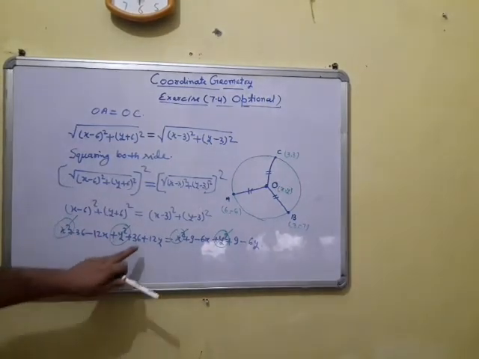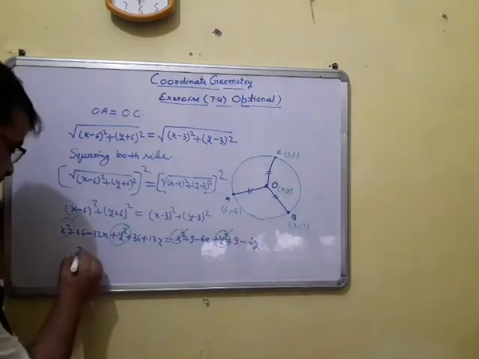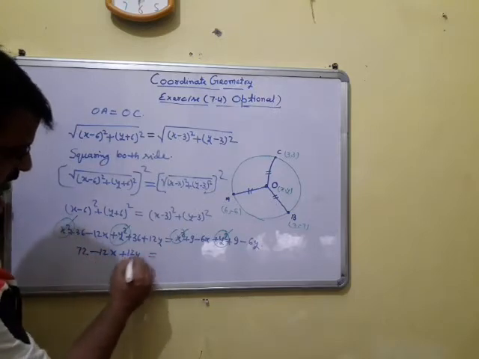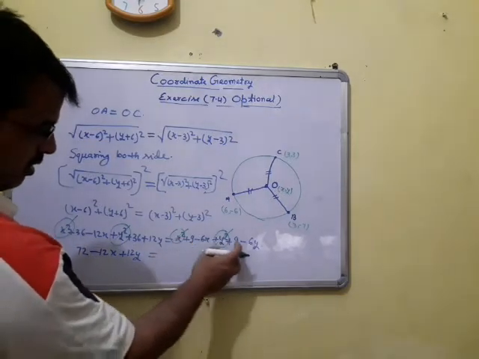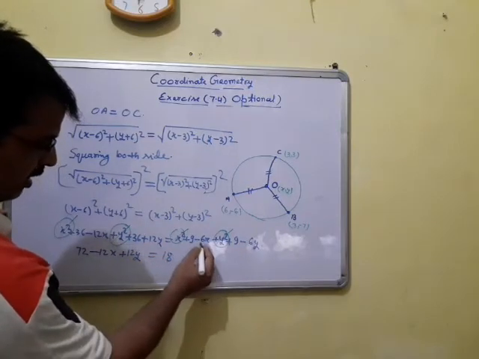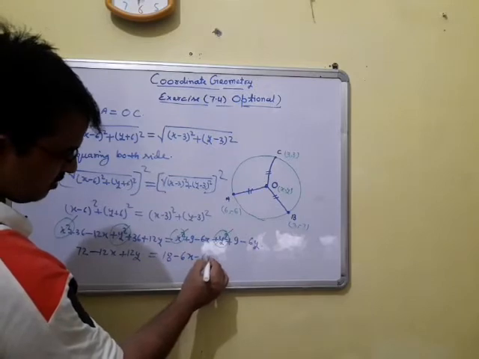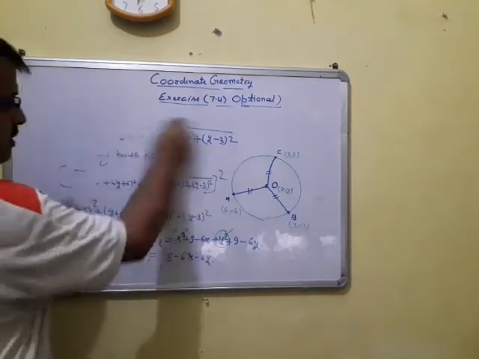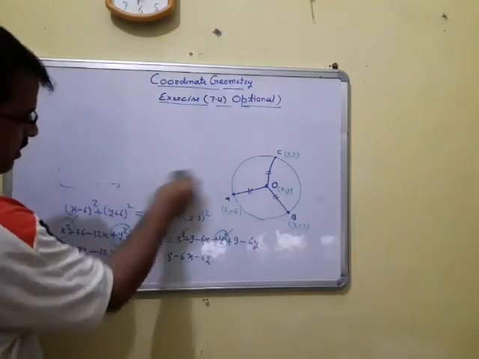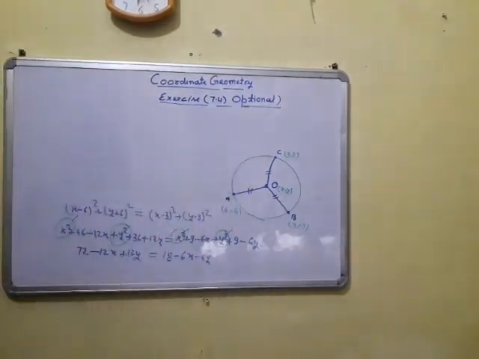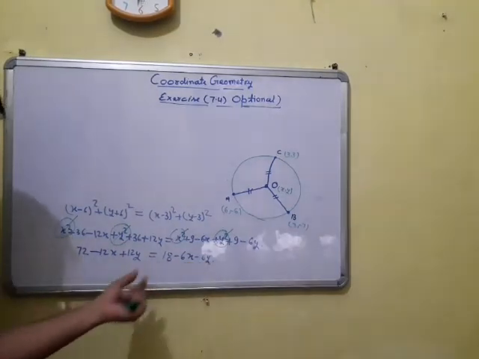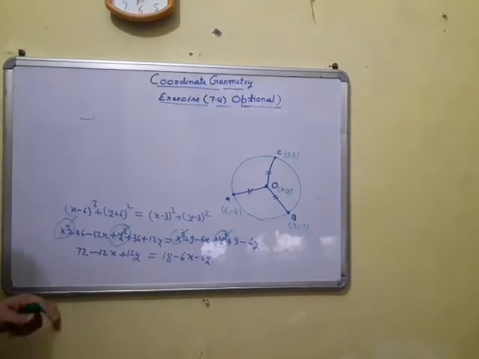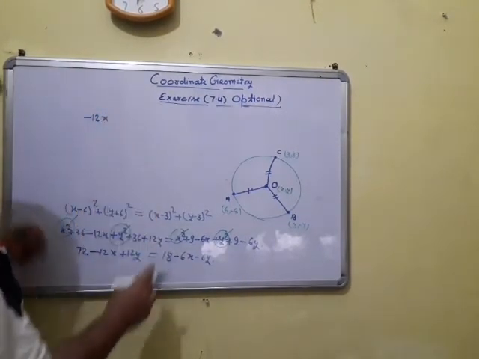And now look here, similarly 36 plus 36 we get 72, and minus 12x plus 12y is equal to 9 plus 9 is 18, and minus 6x minus 6y. Then look here, what is the remaining portion? Constant terms on one side and non-constant terms on the other side. So let minus 12x plus 12y,